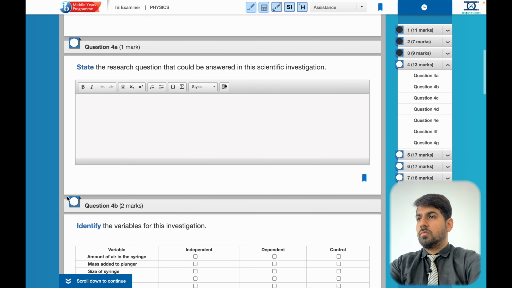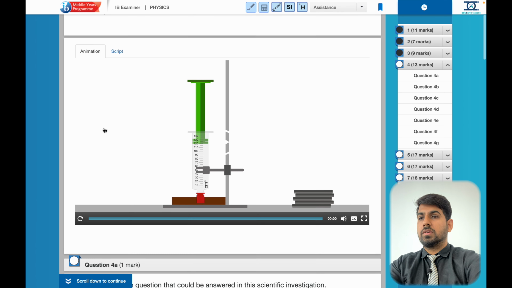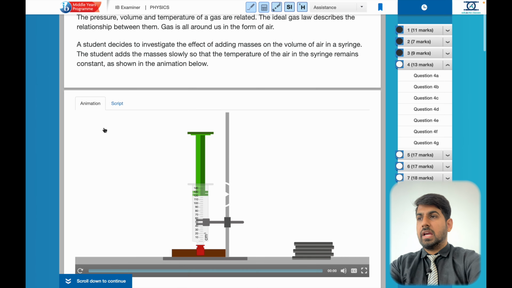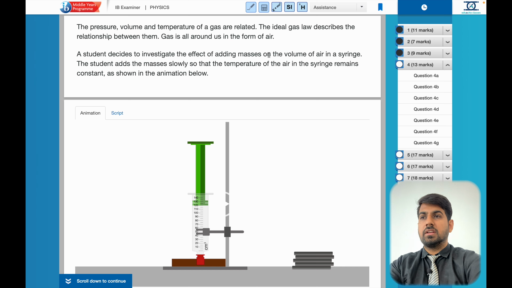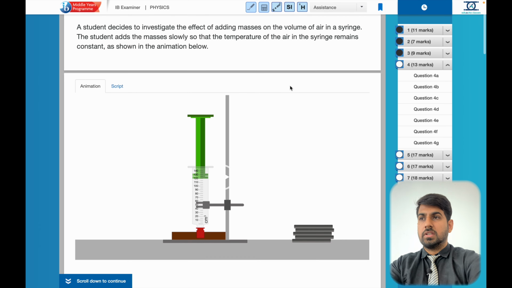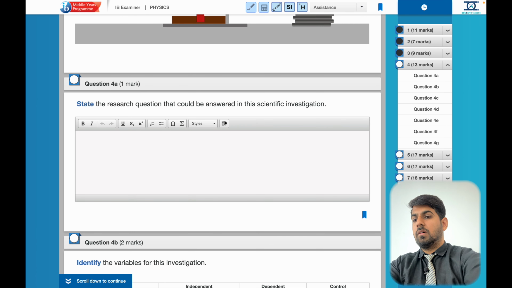Now question number 4a, state the research question that could be answered in this investigation. So if you look at here, what we are doing is we are adding the mass, and the student is adding the mass so that the temperature of the air remains constant, and investigating how the volume of air in a syringe changes. So we can say, how does the volume of